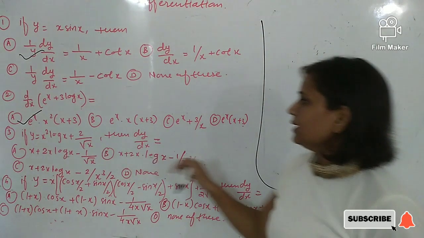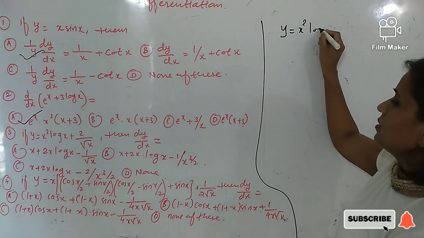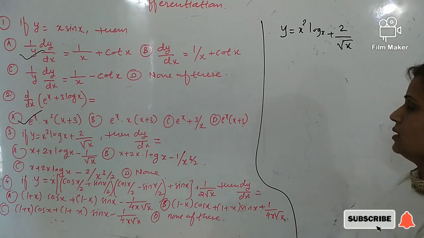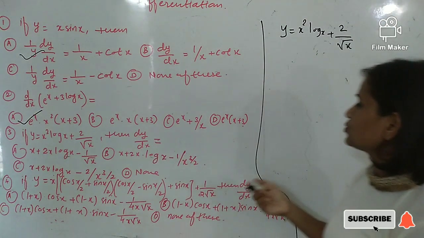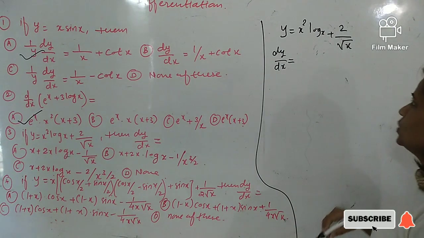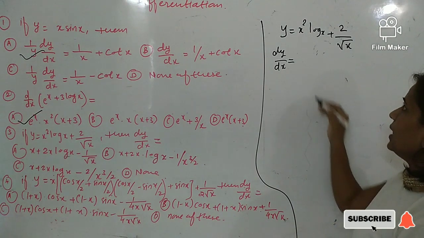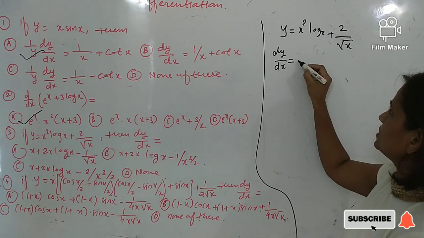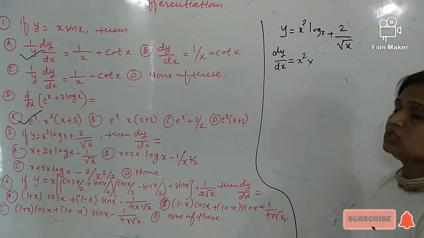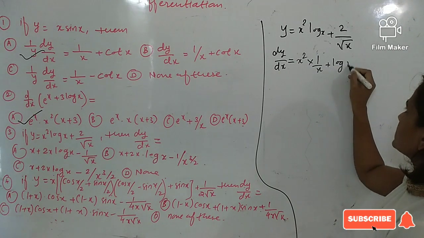Then next question is if y is equal to x square log x plus 2 upon root x. Then what is the value of dy by dx? To simply differentiate, dy by dx is equal to, again x square into log x means apply the u into v rule, and in the u into v rule, first function is a constant, means x square is a constant. Derivative of the second function, log x, is 1 by x, plus log x is a constant,